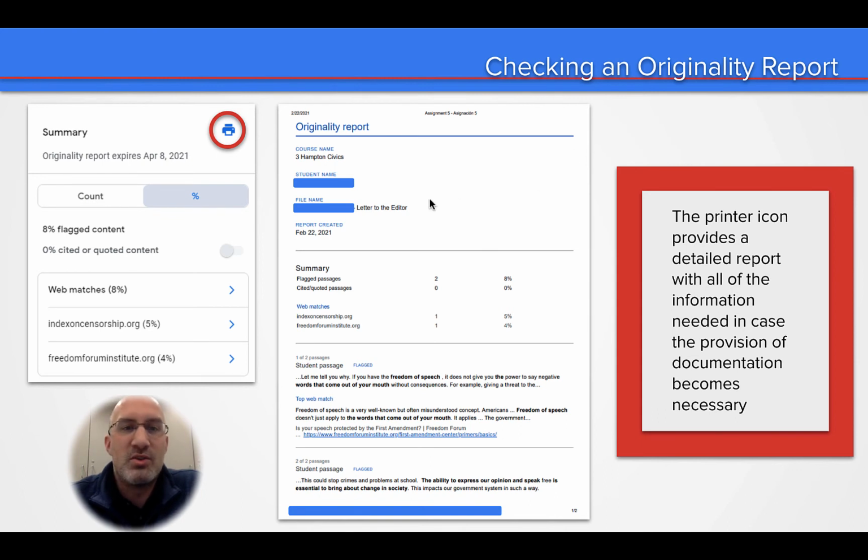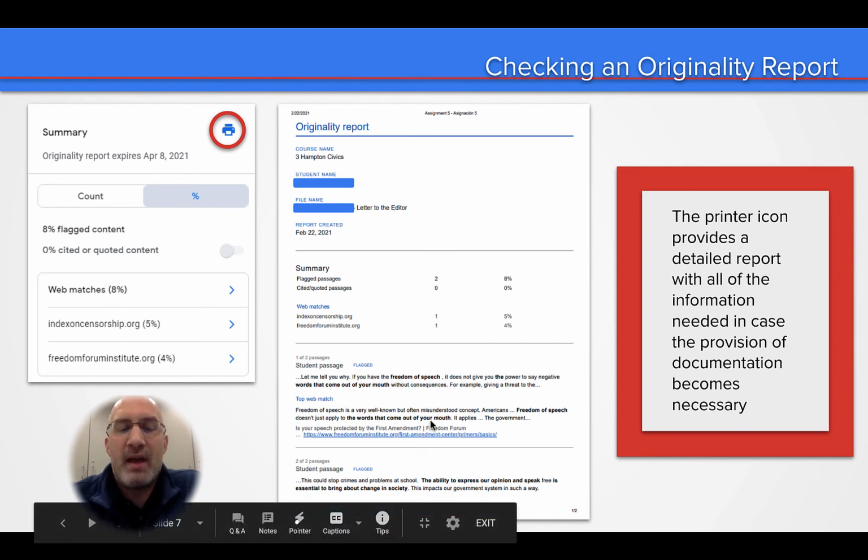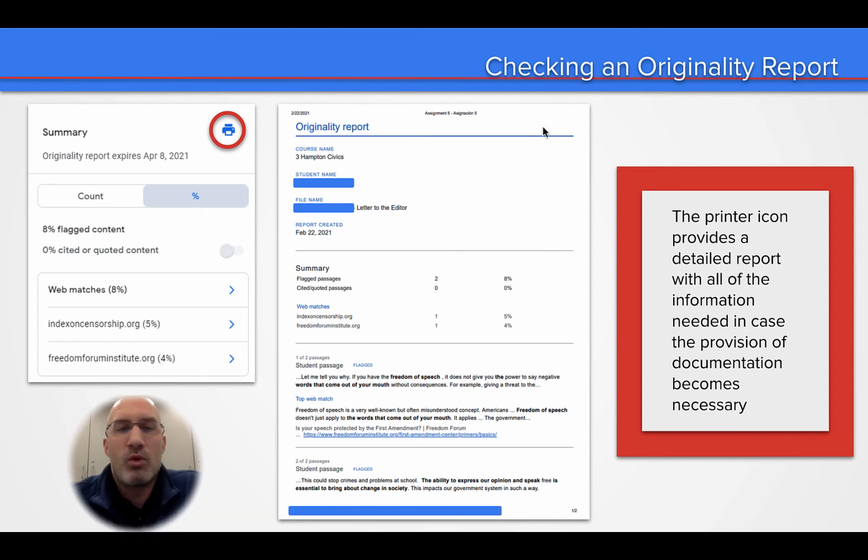Okay, so it gives us the student name, the file name, when it was created, the summary based on percentage of flagged content, what the student wrote that was flagged, the top web match, the specific passages, and where they were found on the internet. So this is everything that you need to know. The reason I like this report is because in the cases where you do have students that are plagiarizing, or maybe they've developed a pattern of plagiarizing, this is really, really good documentation that you might need to have